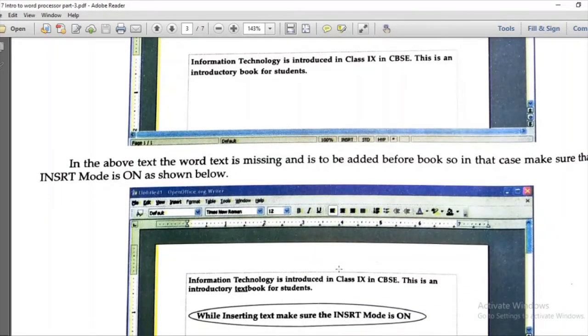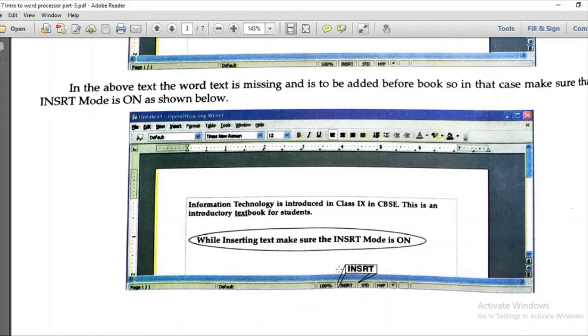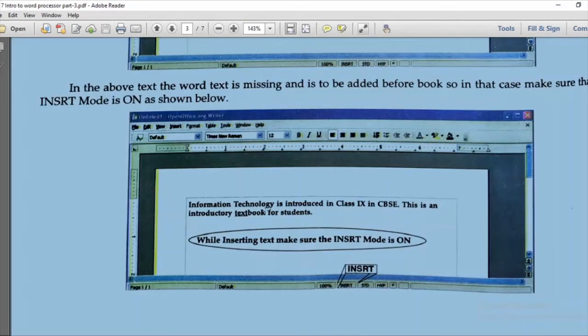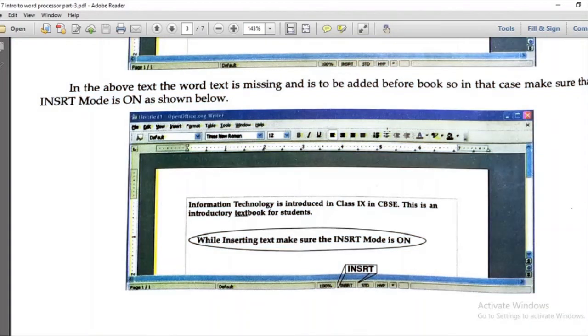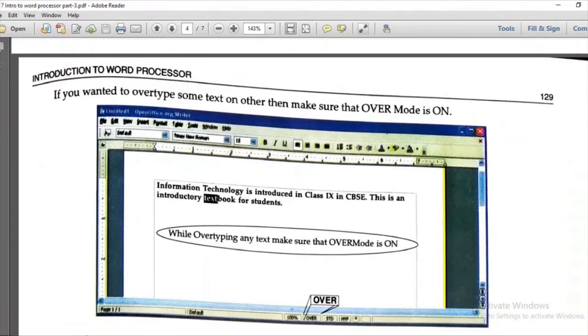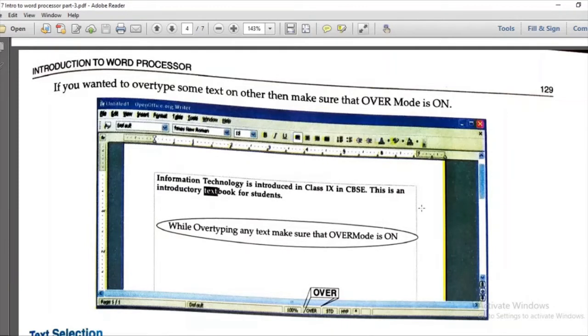if you download any Word file from the internet or you are sharing any kind of document at a professional level, they are read only. Sometimes you cannot change them, so you need to check whether it is in insert format, and then you can just click on the text where you want to edit, and you can add your text in between also. Also, for overtyping, you need to check whether it is written over or not. So you can just simply select the text and overwrite mode will be on.